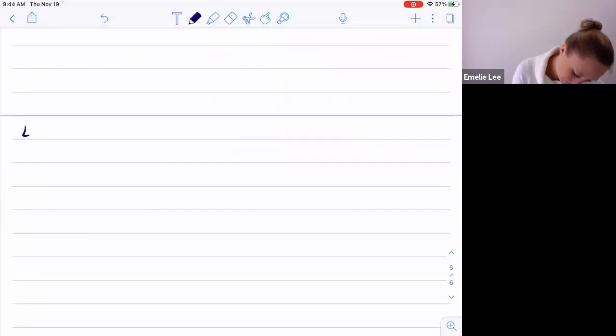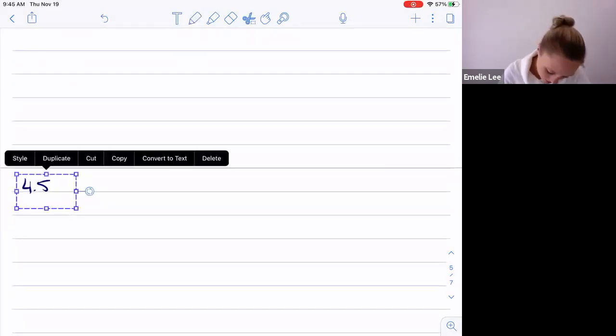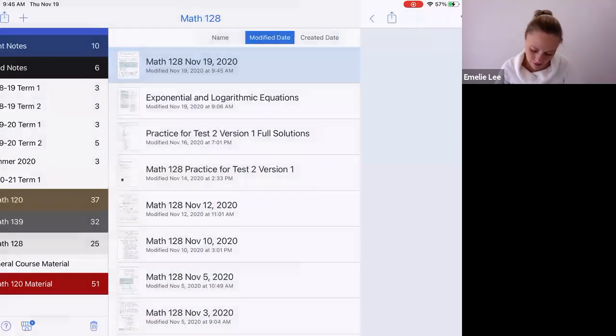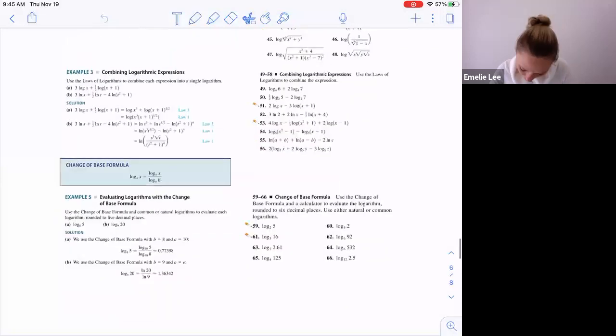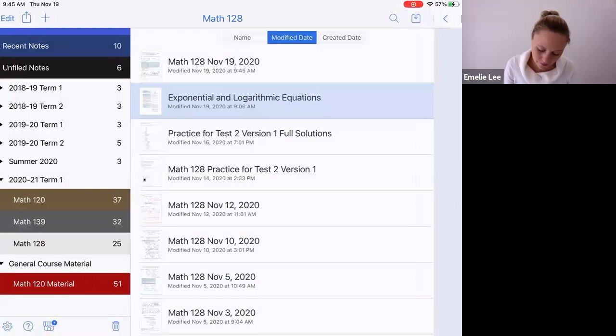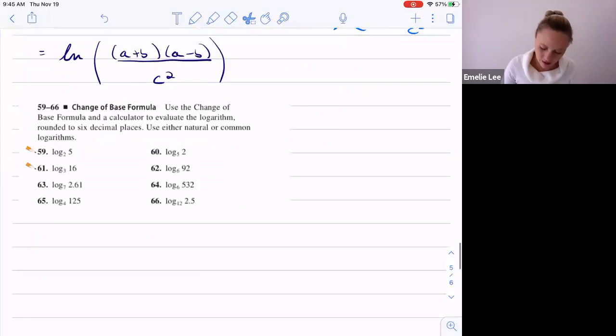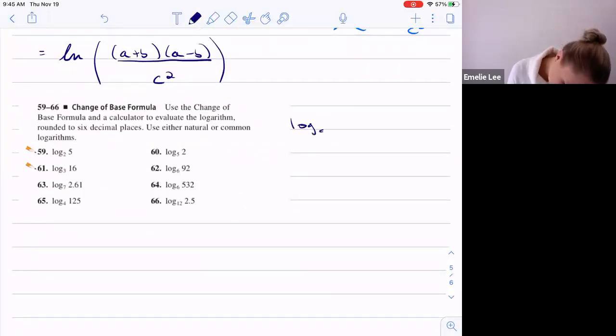Guess I should, I've been putting it on a fresh page. Section 4.5. Or maybe what I'll do, because we've got some space here and we only did one example of changing the base, and I've got a couple here. So remember the change of base formula is that